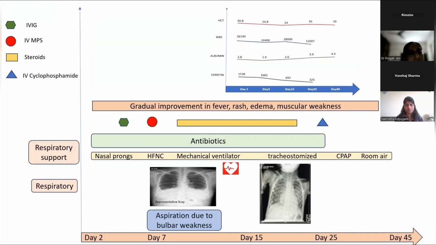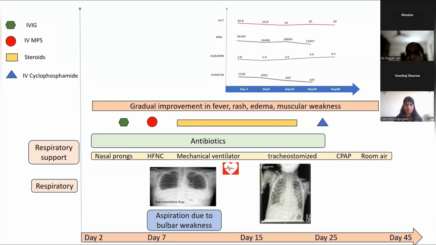This is the hospital course of that child. Initially, the child was on oxygen by nasal prongs. The child worsened due to proximal muscle weakness, had an episode of aspiration, followed by cardiac arrest, further requiring mechanical ventilation. We had given the child antibiotics. When we suspected JDM with overlapping SCLS, that is systemic capillary leak syndrome, we started IVIG, then gave IV methylprednisolone and steroids. Suspecting systemic capillary leak syndrome, we even gave a strong immunosuppressant, IV cyclophosphamide.